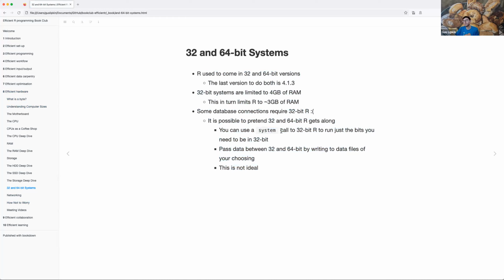You create a .r file, make sure all of your stuff is set up in 32-bit with whatever libraries you need. And then you just switch back over to 64, and you can use system to just run a source command on that whole file. And then you write it out to whatever. I think at work we usually did CSV files,